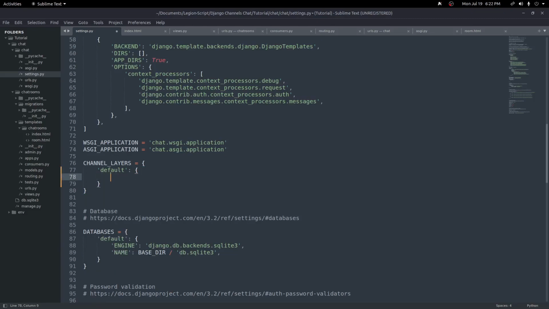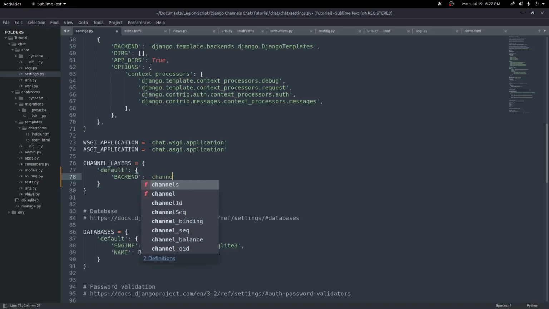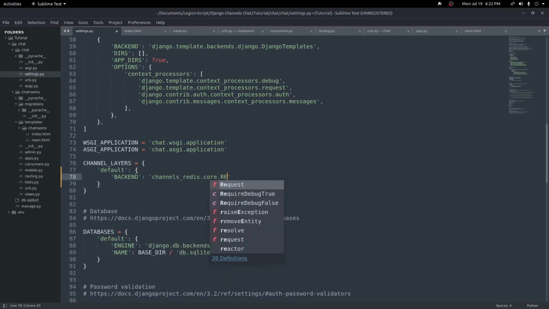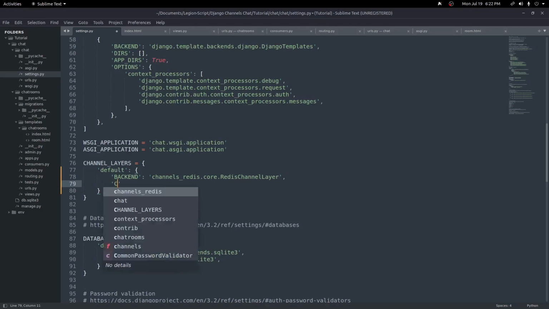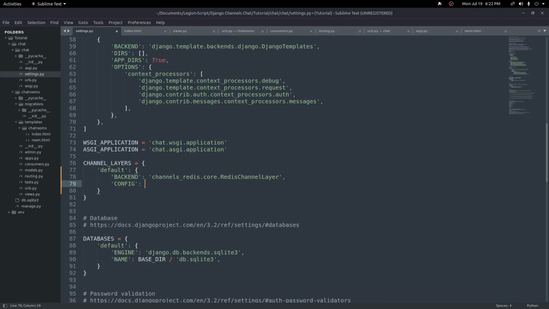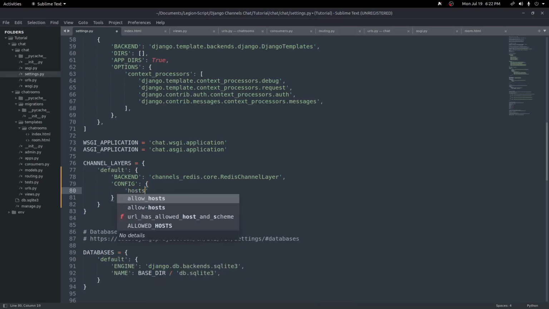another dictionary, and we'll set this to BACKEND in all caps, and this will be channels_redis.core.RedisChannelLayer, and we'll pass in CONFIG in all caps, and this will be set to a dictionary with a key of hosts, and this will be set to a list. Inside the list, we'll put parentheses, and we'll pass in a string that is localhost, because that's where we're running this on. So 127.0.0.1, and then put a comma and put in the